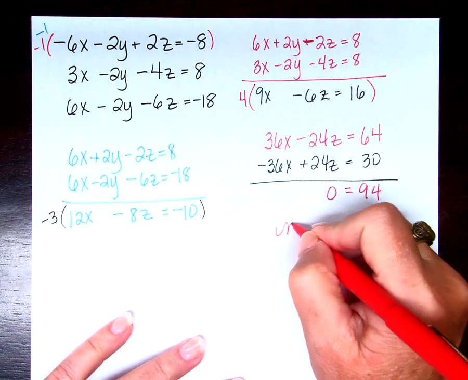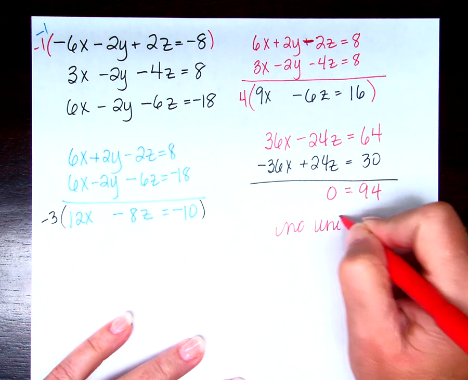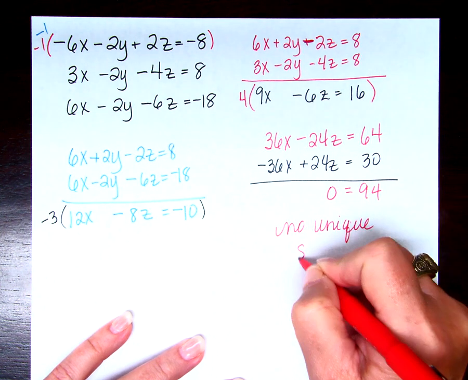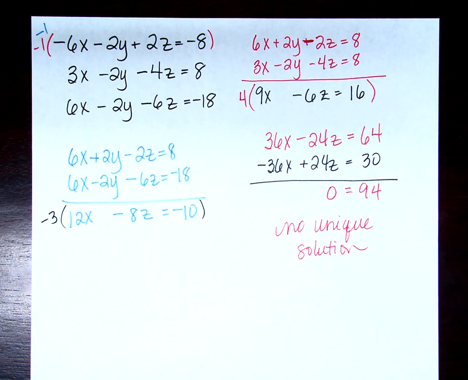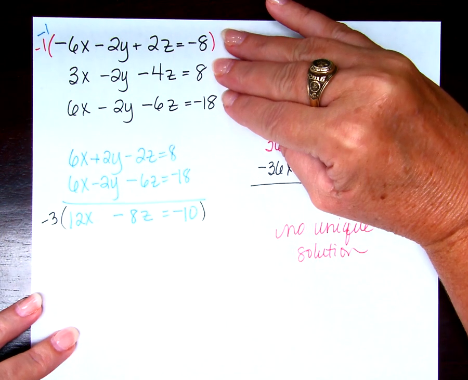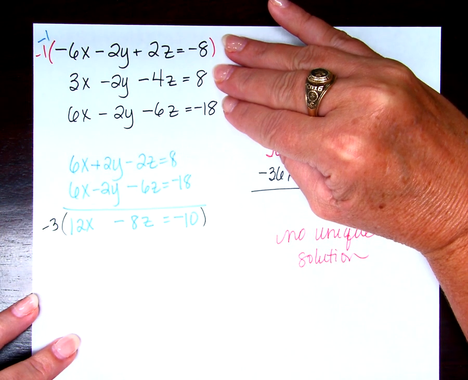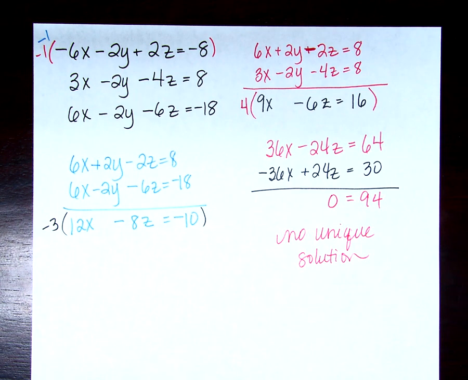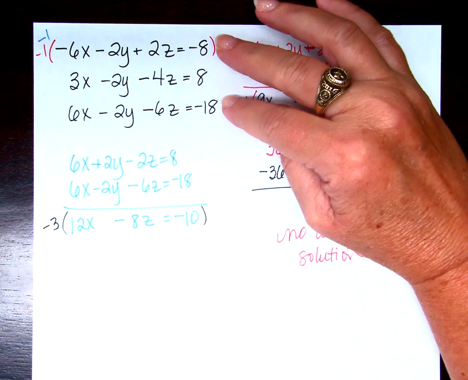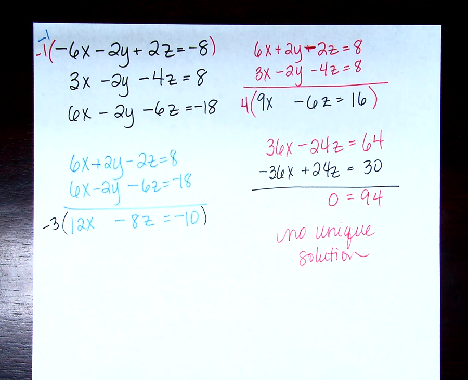So here's what we're going to write as our answer then. No unique solution. What do I mean by no unique solution instead of just saying no solution? Because these questions are unique. Do you remember that these are three planes that could intersect somehow? They could all three intersect at a line. So there could be an infinite number of solutions, or these three planes could all be parallel, so they would not